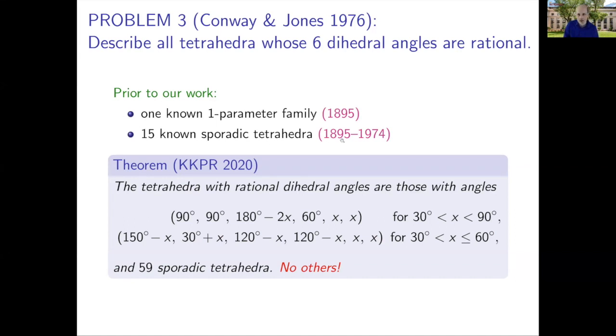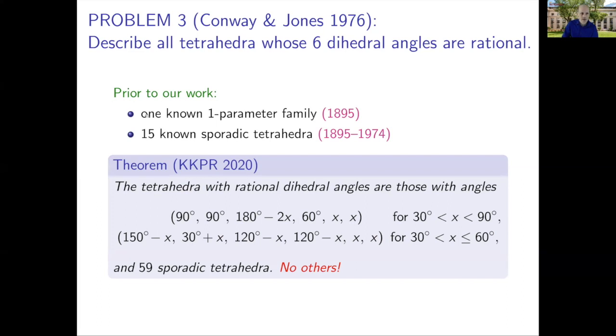And then over a period of many years, every couple of years, people found a new tetrahedron that also had this property, but was not part of this family. And so 15 more were discovered over this time. And then a long time passed with no new ones being discovered. But then I and my co-authors last year, a paper we posted in December last month,